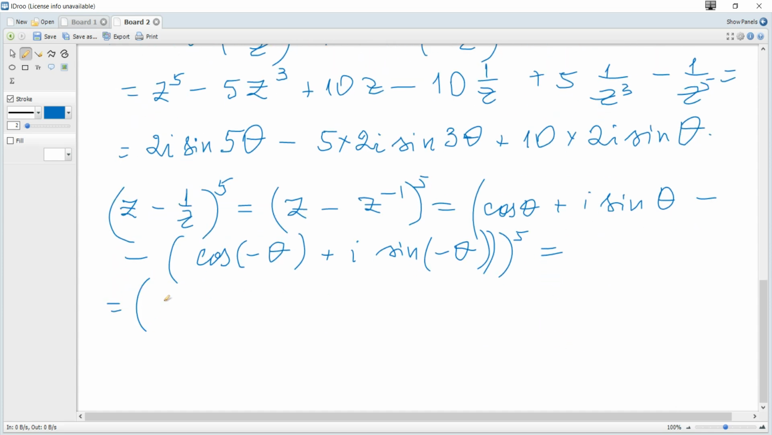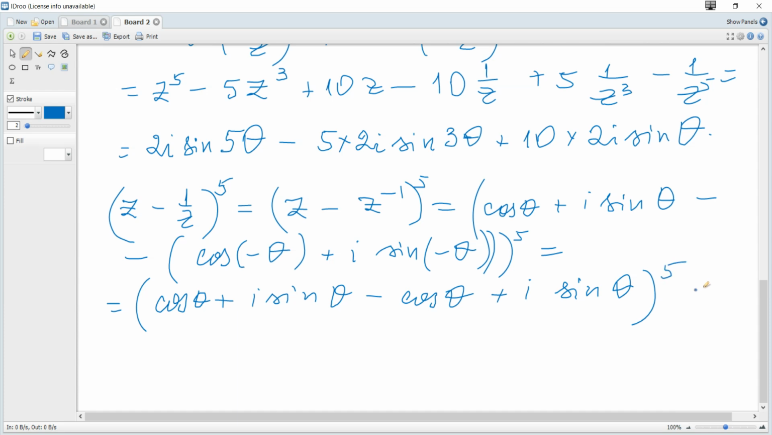And it becomes cosine plus i sine, and again cosine is an even function, so it's just cosine of theta, and this is minus, so minus cosine of theta. Sine of negative is a minus sine, this is minus, so finally plus i sine of theta, and to the power of 5, and you can see that it becomes 2i sine to the